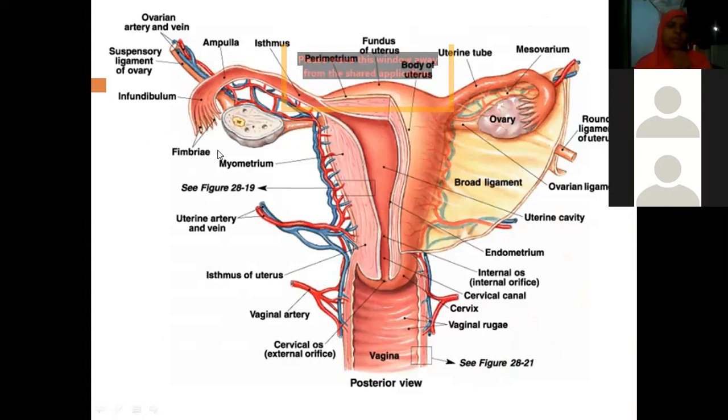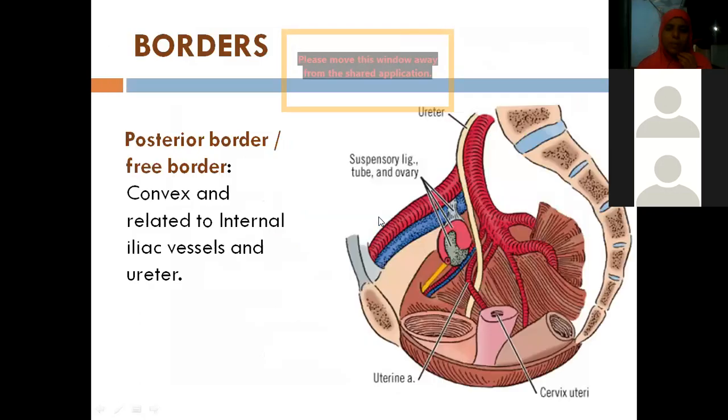So this picture is showing us again the different components of the broad ligament, its composition, what it is made up of. I discussed this picture many times. I don't think it is required. Now coming to,